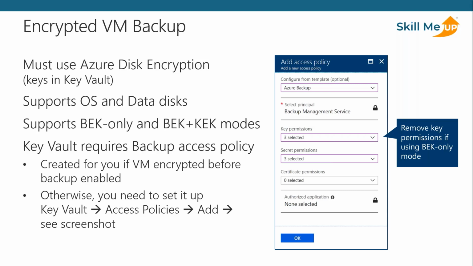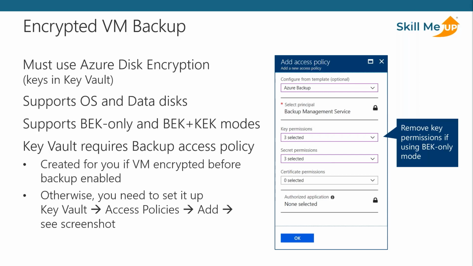And what you will need to do is your keys will be in Azure Key Vault. There's a couple of different modes, a couple of different options for that, but they both work. But your keys with Azure Disk Encryption are in Key Vault. And what you will need to do is to grant a Key Vault access policy to that key. So you'll find the key that's in Key Vault, and you can see on the screenshot there, you set this. There's a template for the access policy, and this is the Azure Backup template that you can use,